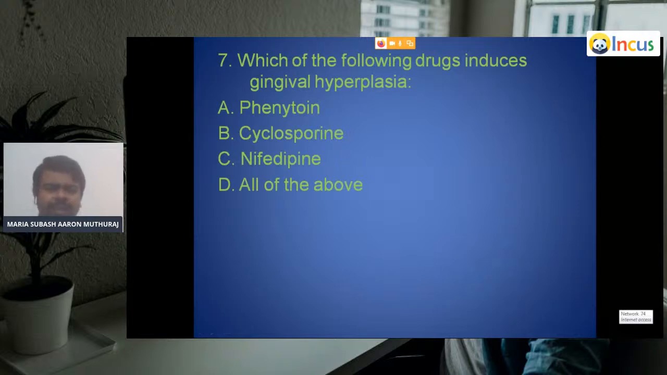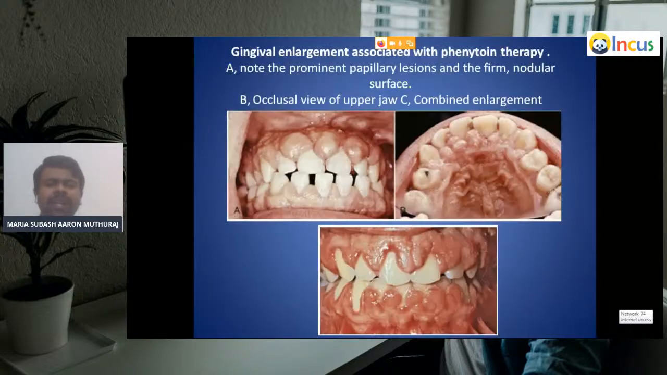All these three drugs, as I already told in the classification, anticonvulsant, immunosuppression, and calcium channel blockers, are all involved with drug-induced gingival hyperplasia. Drug-induced gingival hyperplasia will be present in all these conditions. Then in this slide, we are going to discuss some important points regarding the gingival enlargement associated with Phenytoin